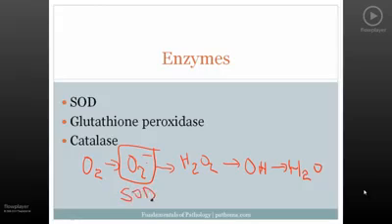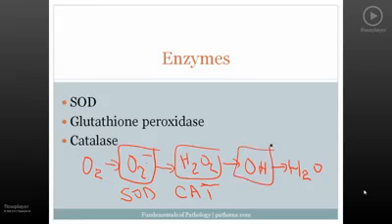Hydrogen peroxide is handled by catalase. And then hydroxyl free radical, one of the major mechanisms by which this free radical is removed is glutathione peroxidase. And glutathione peroxidase is an enzyme that takes the assistance of glutathione, which is an antioxidant, and glutathione will be very important later in our discussions of